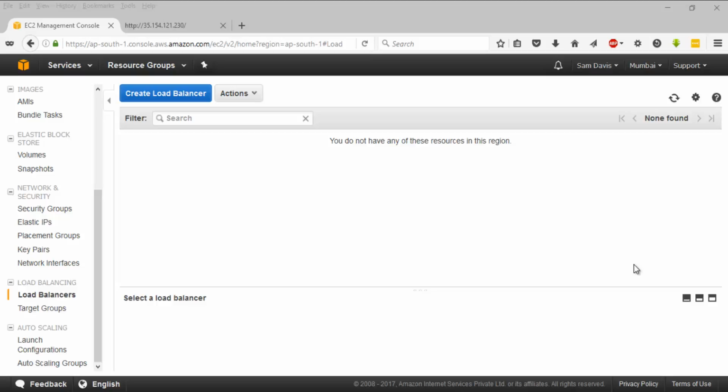So what we are going to do here is we have already got a web page which we have already broadcasted to the entire world in our last session. So we are going to put this ELB in front of it and let ELB take care of the traffic. If you guys haven't logged into the console, I request you to do it and navigate to EC2 dashboard. Once you are there, navigate to load balancing and click on load balancer. You will be seeing this button which says create load balancer.